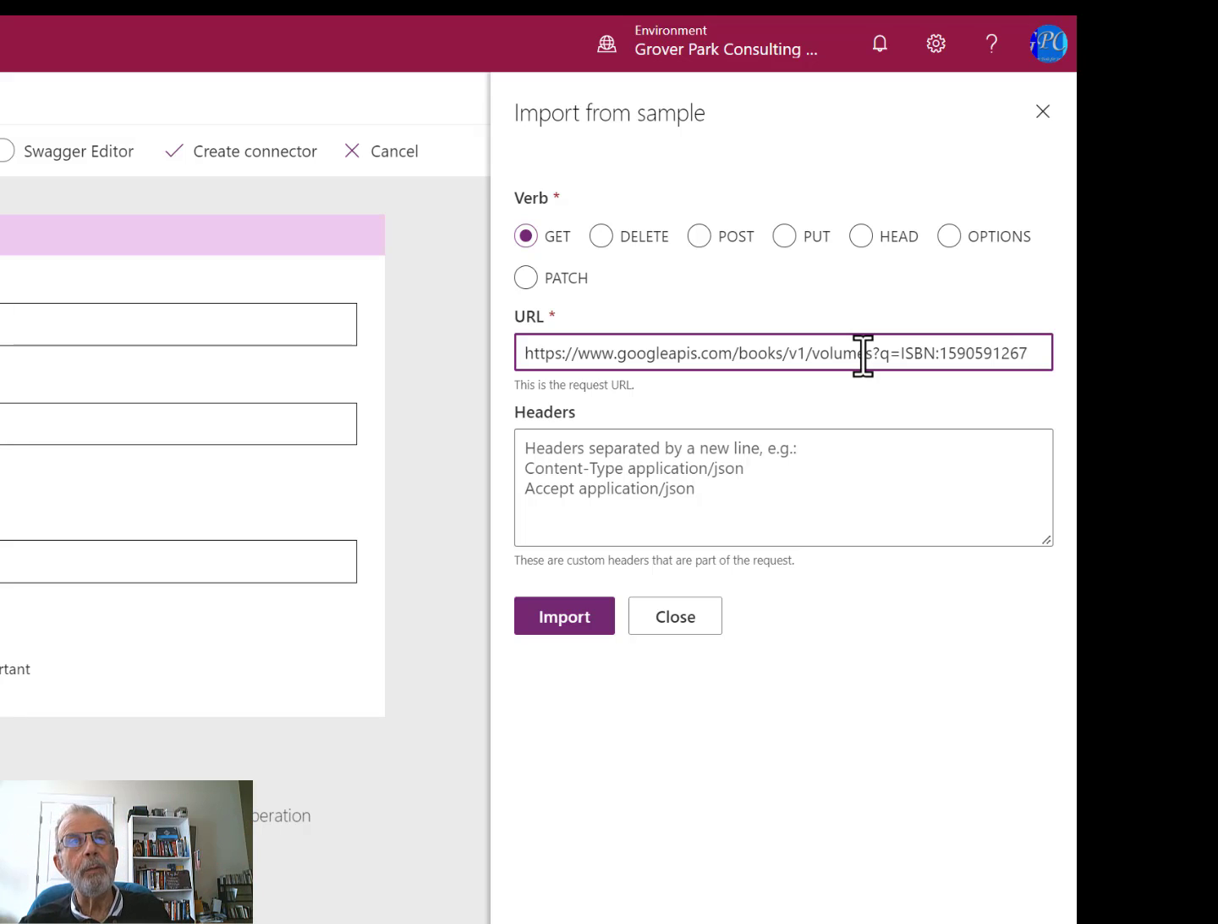The question mark indicates we're going to append a query string, q equals, and then a key-value pair here, isbn, and a valid ISBN number. I hope I've prepped a valid one that should retrieve information. Now that we have a valid string, PowerApps recognizes that this is a valid GET request string, and so it enables, or lights up, the Import button. If I click Import,